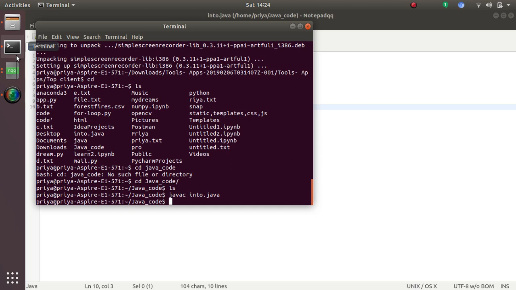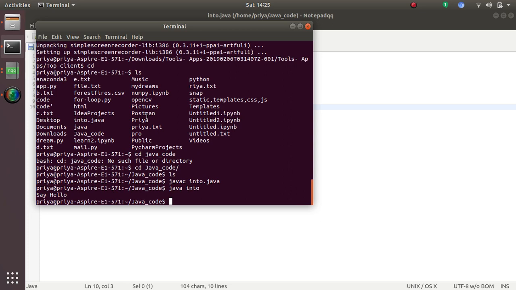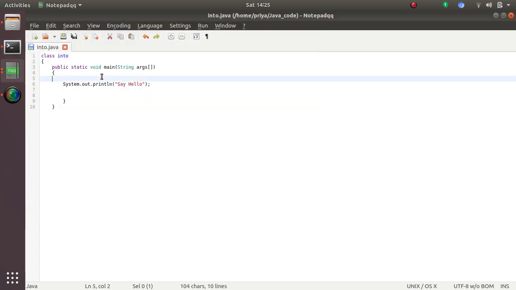What happens is that you first need to compile the code, so Java bytecode is generated. You can compile it once and run it anytime, unlike other languages where you need to keep on compiling whenever you need to run. Now here it is saved. Now let's run this with java Intro and see the output. Now coming back, let us